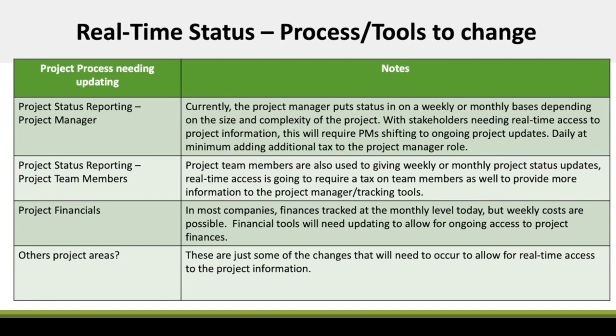So what are we getting you to do here? We're getting you to think about the current processes that we have from a PM perspective. We're thinking about real-time access, and we're thinking about shifting the way we do things on our projects to be able to serve up that real-time access. Now, is there going to be a cost to that? 100%. But maybe that cost in this remote real-time world is going to be worth it. And so you have to think about that. So Project Communications 2.0 says, hey, we got to do some more real-time status, but what are the shifts and the costs and the trade-offs to make that happen?